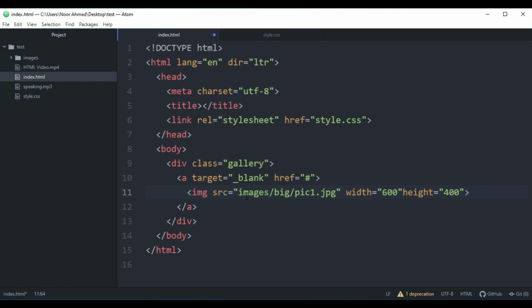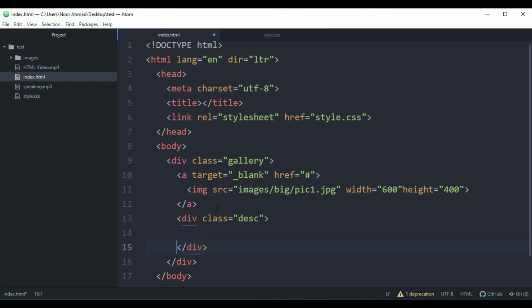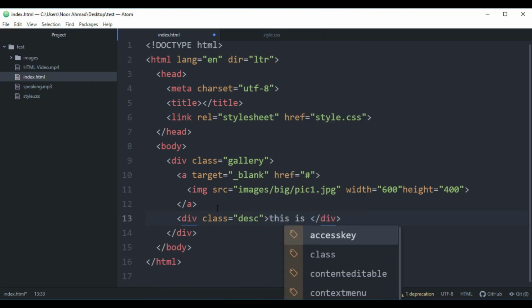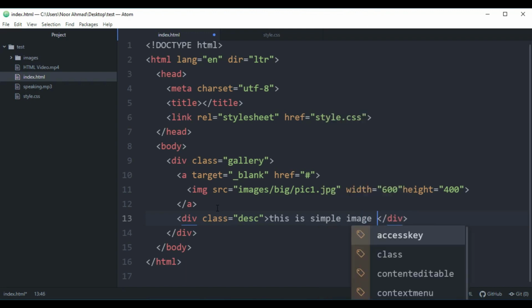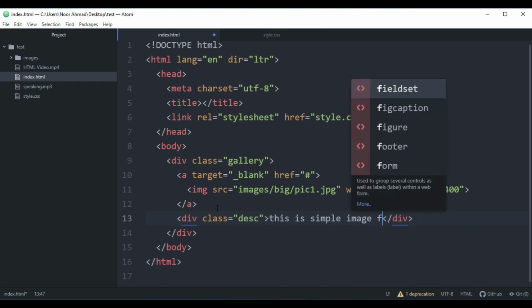And that's it. So after this, from outside the A element, I'm going to create another class which will be the description of the image. So here I'm going to add some information about that image. This is simple image for simple image of